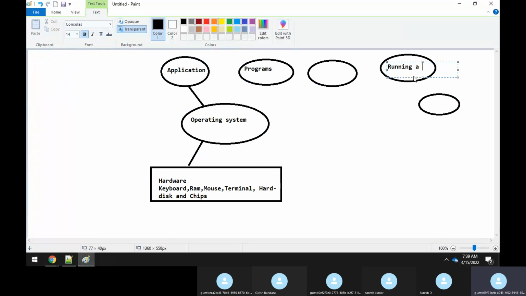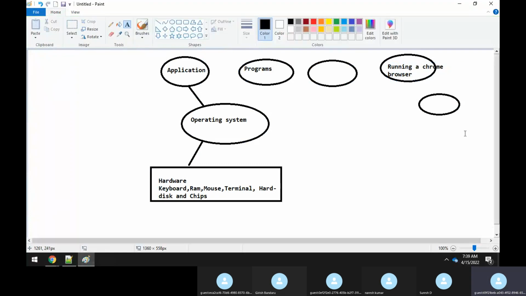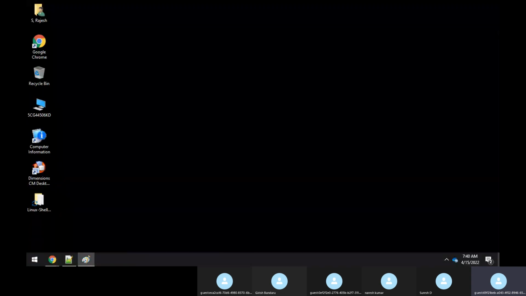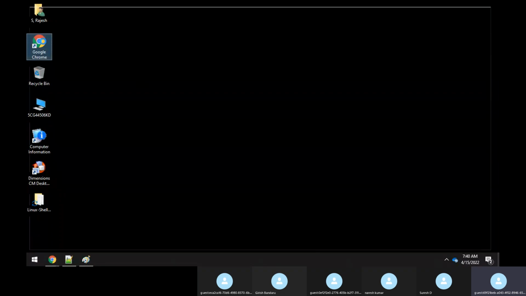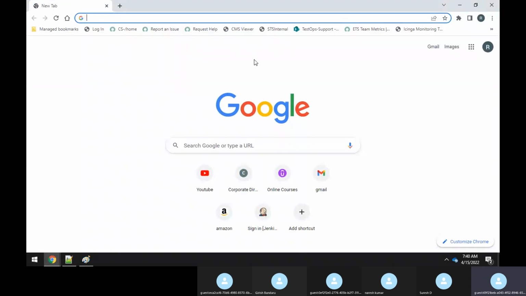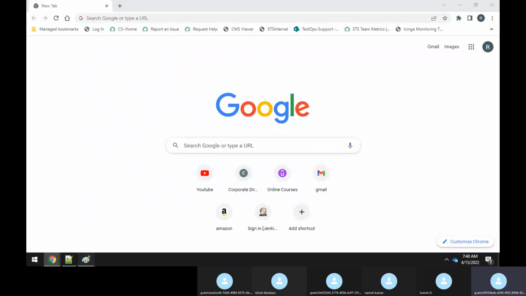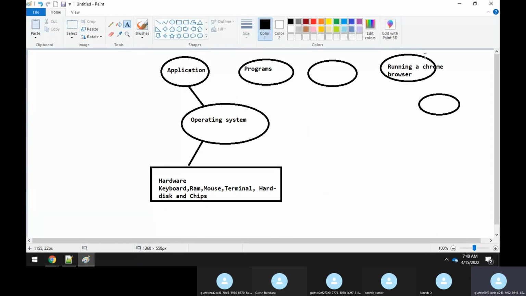And that too, it's a Chrome browser. That is also a kind of an application only, because you want to achieve a certain task. What is the task? I want to open a Google page. For doing that, you cannot directly do it, right? You need to have some kind of a web browser, or a web client. So you can achieve that with the help of a browser only. When you double click on it, you are actually executing, or running, an application, right? Now, whenever your application has to run or execute, it cannot simply run like that.